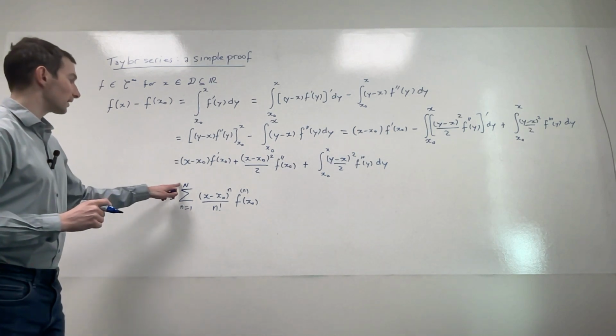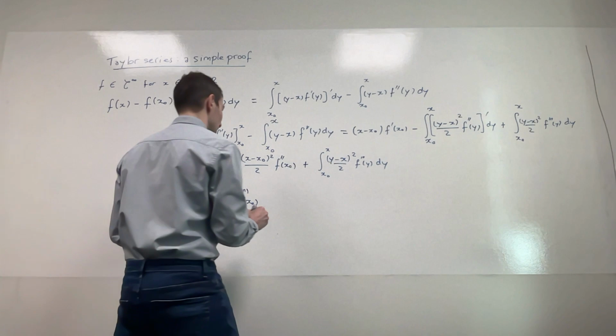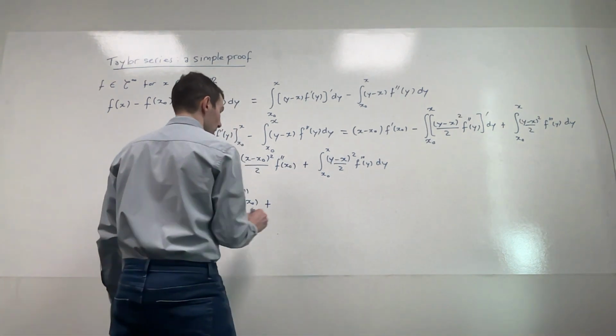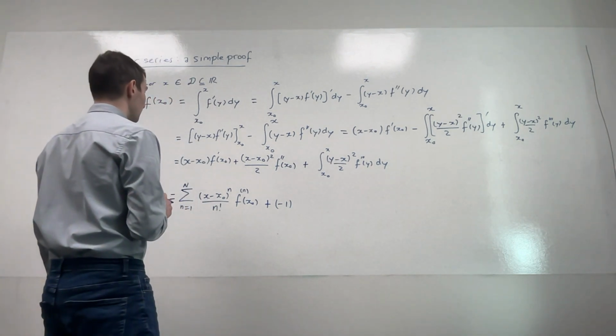Then you need to stop at some n, and so what we are going to get here is basically plus, and then we've got minus 1 to the power n,